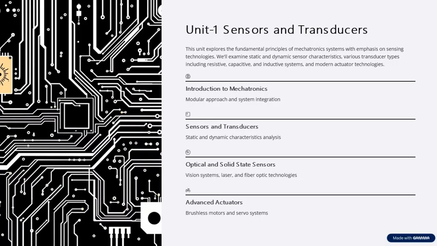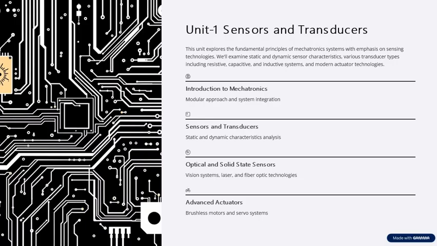We'll examine static and dynamic characteristics of various transducer types, including resistive, capacitive, and inductive systems in modern actuator technologies. First, we focus on the introduction to mechatronics. Introduction to mechatronics implies the modular approach and system integration. And then we discuss the sensor and transducer. It has some static and dynamic characteristics,